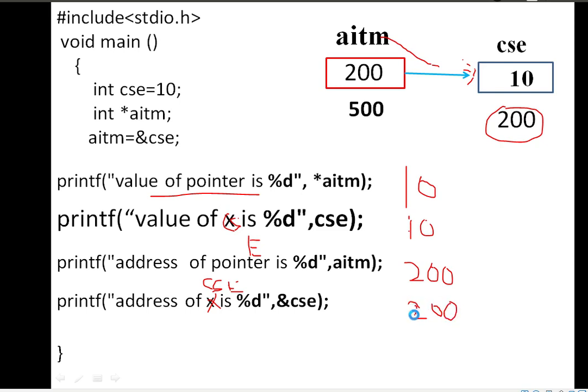Okay, I hope you understood, maybe 20%, I think, isn't it? If you want to understand, just practice this program and you will come to know what exactly a pointer is. See, our output is 10, 10, 200, 200.